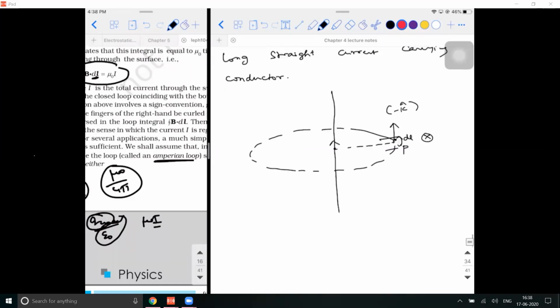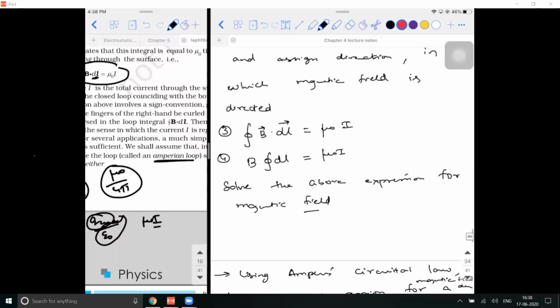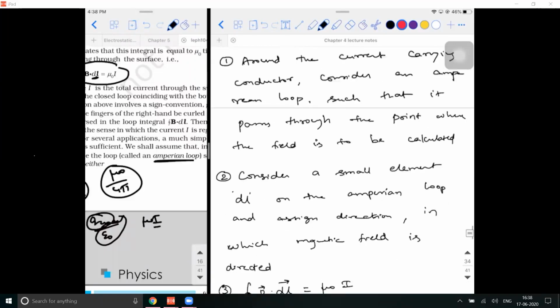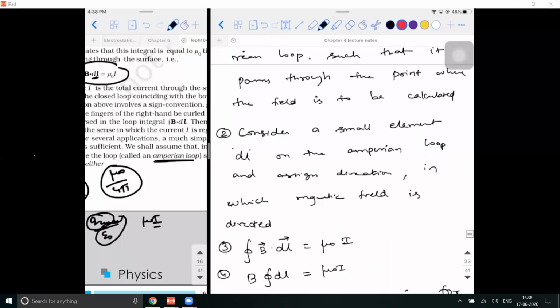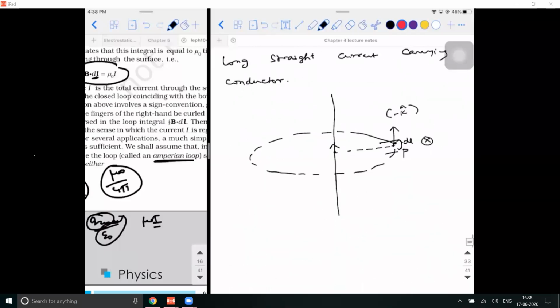Now what are the steps to be followed? Sorry, we have finished two things. First, around the current carrying conductor, consider an Amperian loop such that it passes through the point where the field is to be calculated. We consider an Amperian loop. Second, consider a small element on the Amperian loop and assign the direction in which the magnetic field is directed. We have done that also. So the third step is to apply the line integral of B vector dot dl vector is equal to mu naught into I